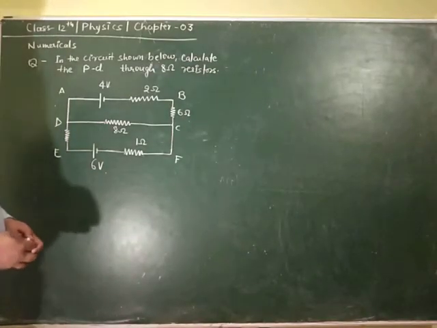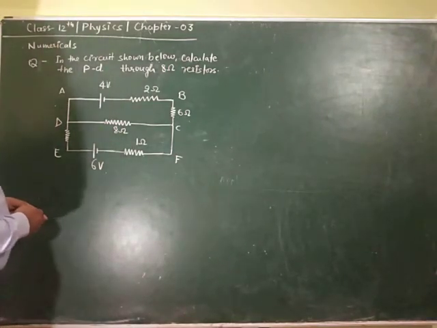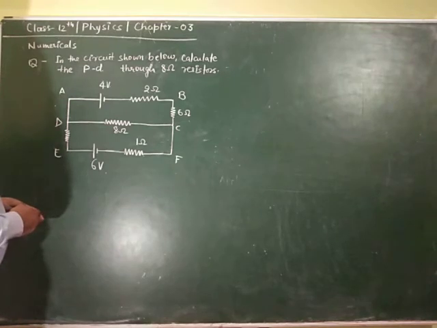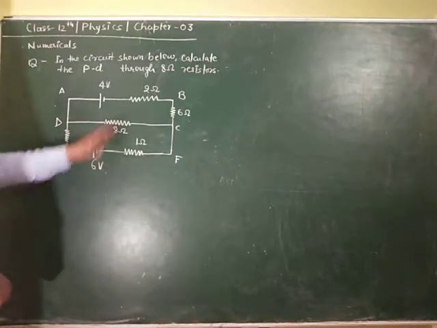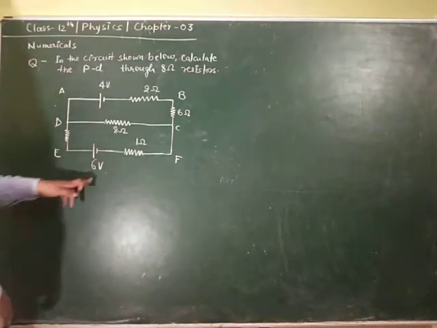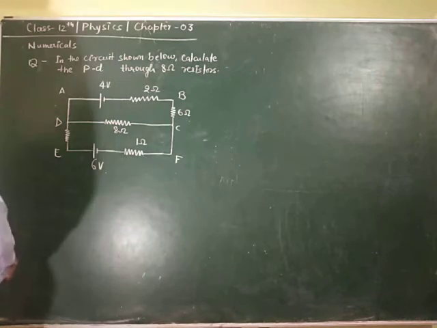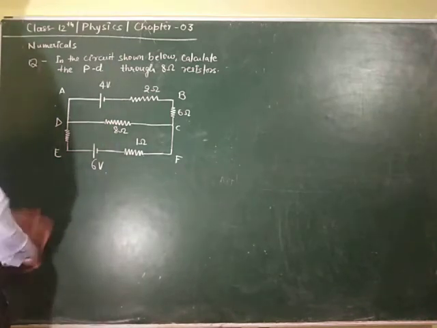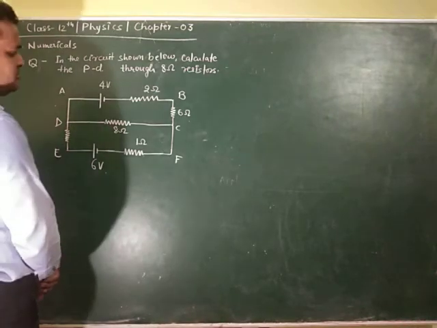Again consider this question here. In this question it is asked to calculate the potential difference through the 8 ohm resistor. This is the 8 ohm resistance here, and we have to calculate the potential difference across it. And there are two batteries. Again this is a complicated circuit, and we have to apply the KVL loop because the loop rule is applied here. For this, nomenclature is done already, it is given in the question. So we have to just distribute the current.